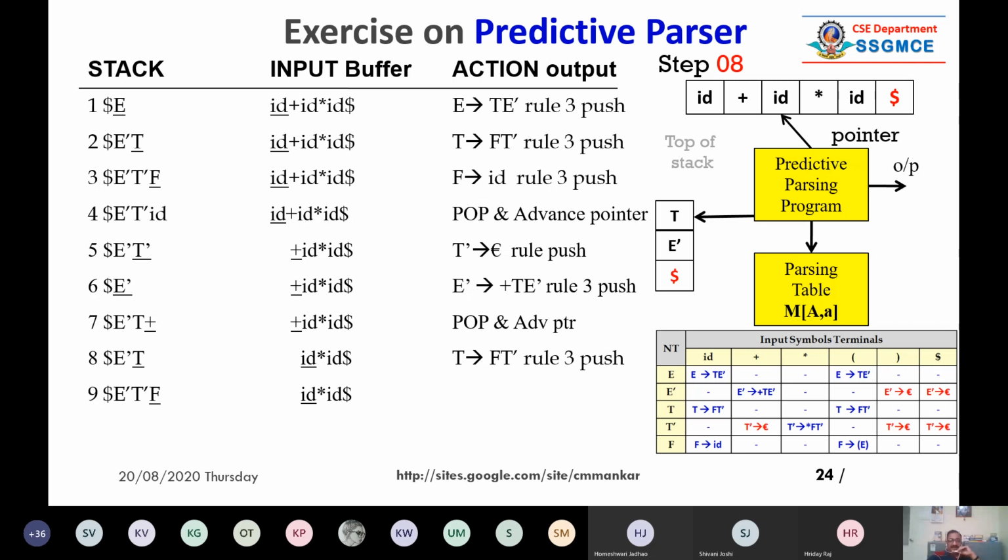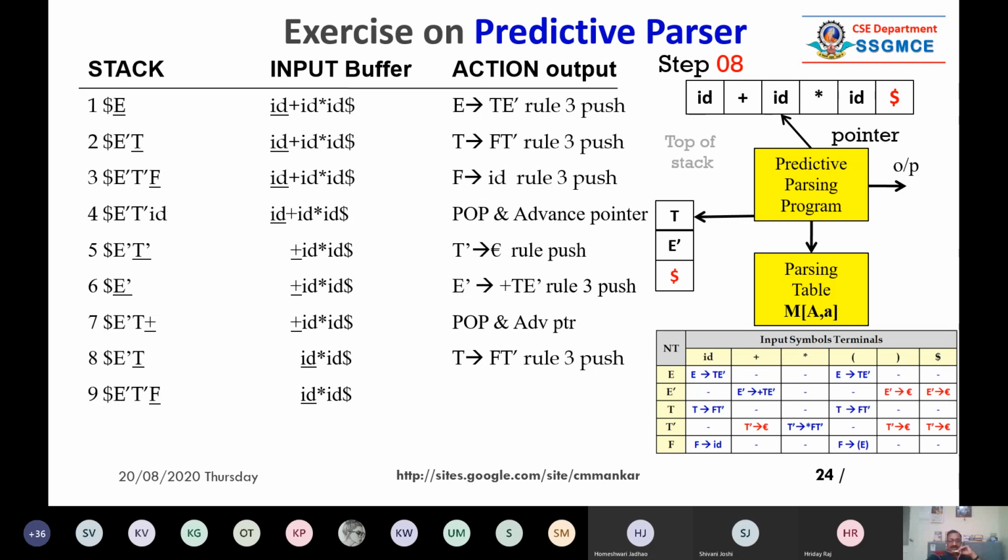And you have moved your pointer one cell ahead as per the previous action, serial number 7, advance pointer. So now there is a capital T non-terminal on the TOS and a terminal pointed by the buffer.